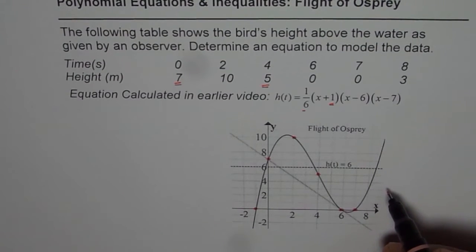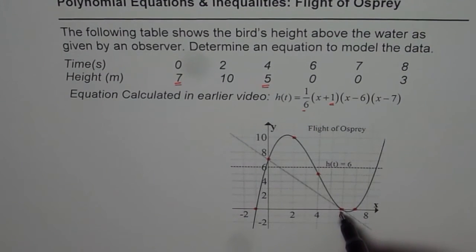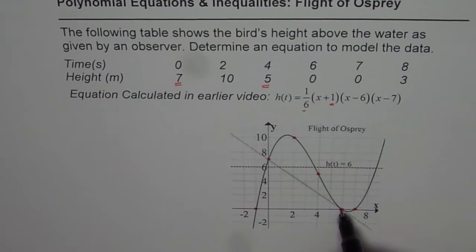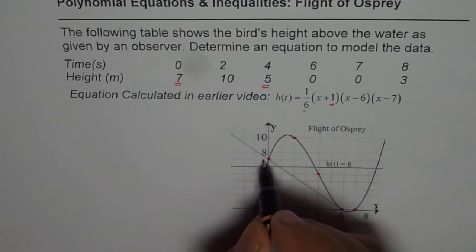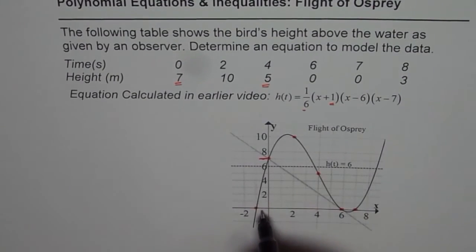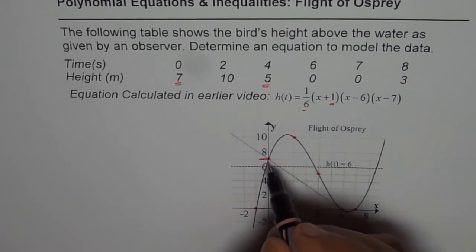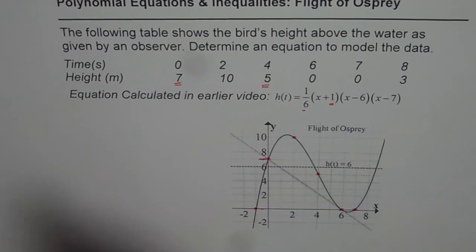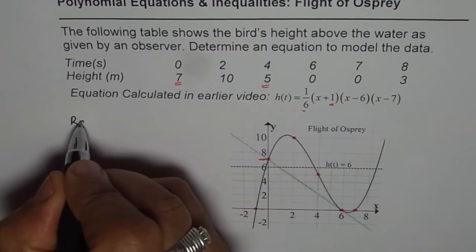Now in this graph we are going to find the rate of change when the Osprey just dives in or hits the water level. So I've drawn a tangent line. You can see very clearly the tangent which passes through, just touching at t equals 6, and we can find the rate of change from rise over run, correct? So if you see here, that is the rise, which is basically a fall by 7, right? So we say rate of change